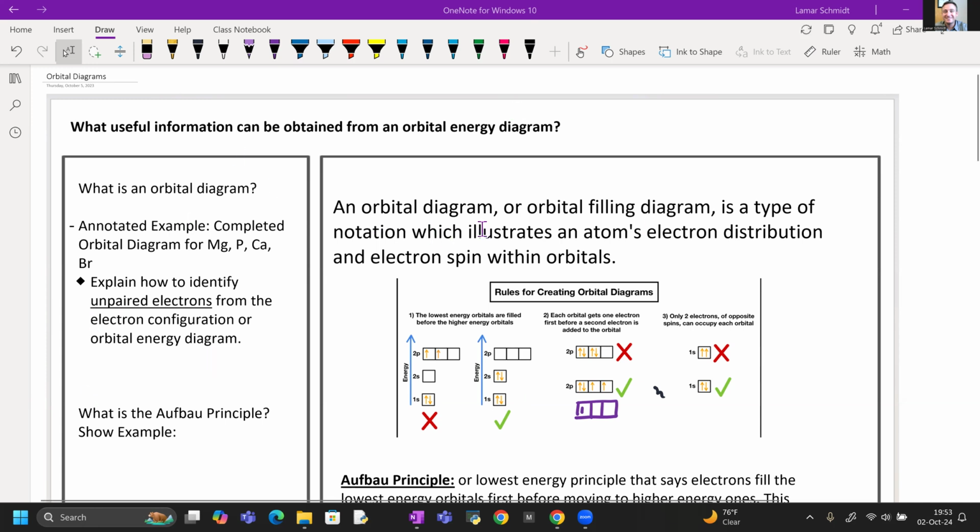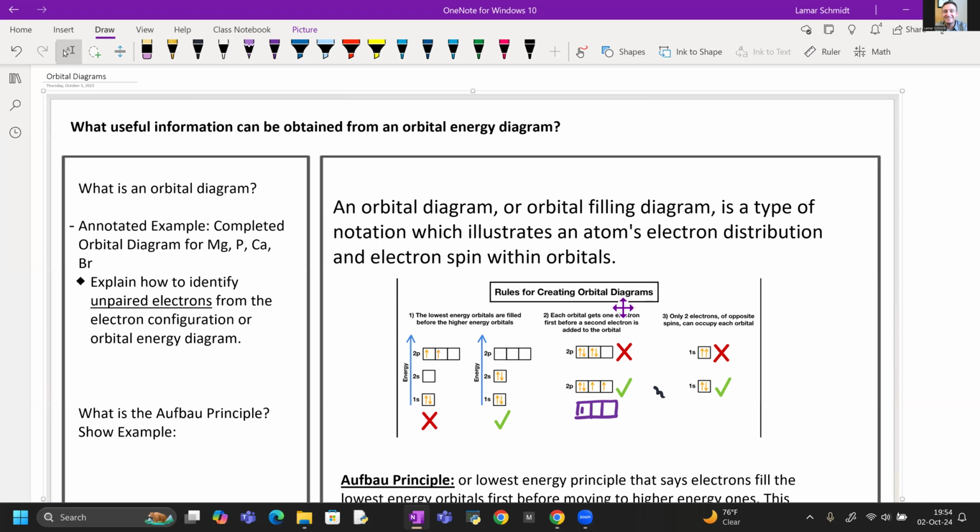An orbital energy diagram is a type of notation which illustrates an atom's electron distribution and also its spin within the orbitals. In our last lesson on electron configuration, we learned how to write the electron configuration. We need to be able to write our electron configuration with regard to these orbital diagrams because they're really closely related. So I do want you to write an annotated, completed orbital diagram for magnesium, phosphorus, and calcium, and